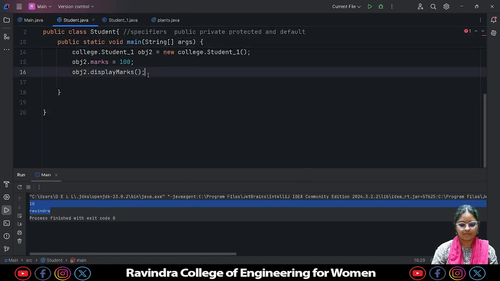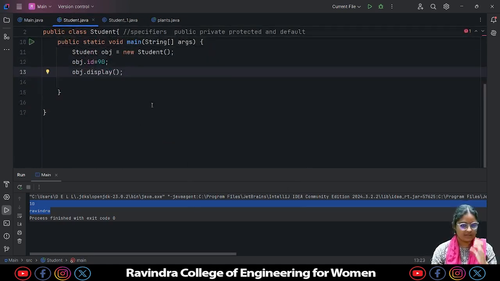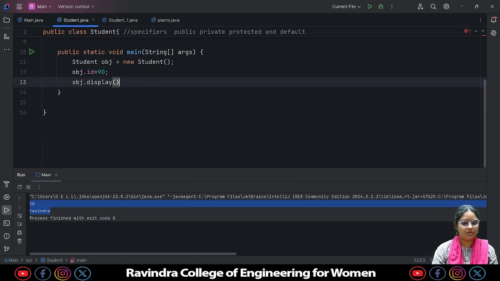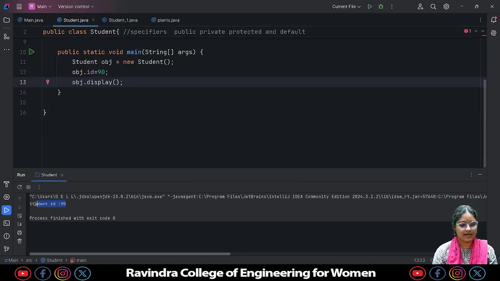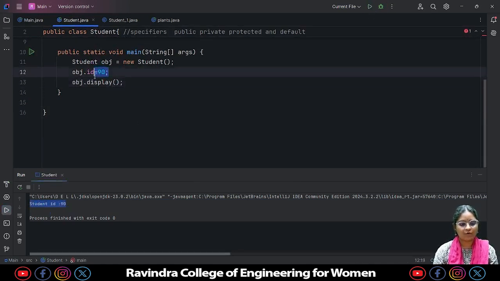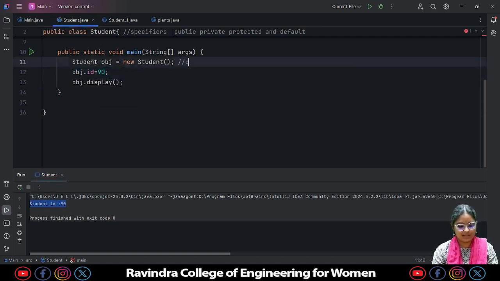Okay. Now, if you just remove this. Okay. Now, if you see, what will be the output? We'll be getting an output as 90. See student ID. Here we are calling the object. If you see here, again I'm telling,